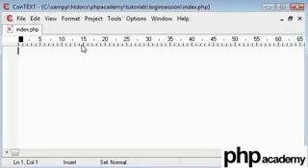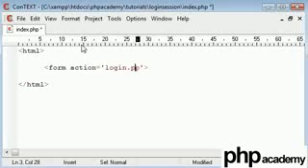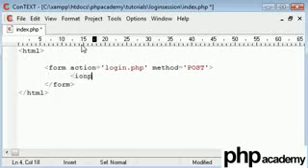Okay, so to start with, I'm going to create my HTML form, and then I'll take you through some of the MySQL things that we are going to set up. So our HTML form, we're going to have the action going to a page called login.php. We're keeping separate pages to keep it simple, and our method is going to be post. And let's end our form and start creating our input